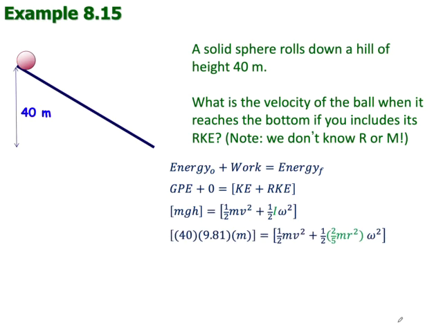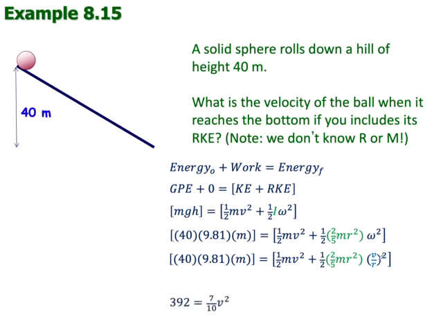So plugging in our equations, of course, looks like that. And doing our substitutions, the rotational inertia of a solid sphere is 2/5 mr squared. Doing the replacement for omega, I'm going to replace it with v over r. If you do that, the m's cancel in each of the terms. So you'll end up with 293 equals 1/2 v squared plus 1/5 v squared. So you get 7/10 v squared, and you end up with a velocity of